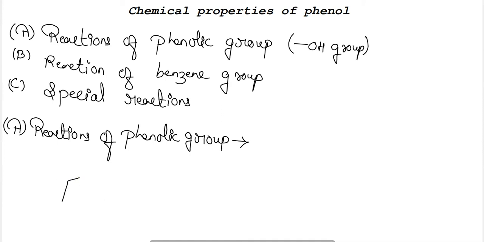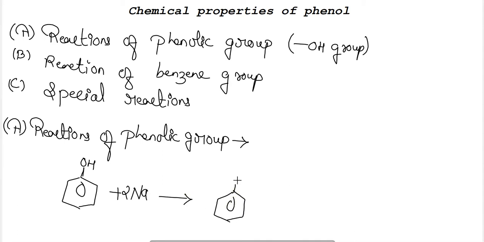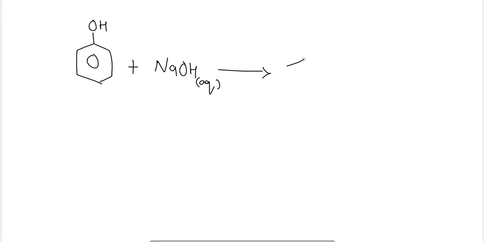For example, if I take an example here, phenol reacted with an active metal will form sodium phenoxide plus H2 gas. Similarly, phenol reacted with a base or an alkali will form sodium phenoxide